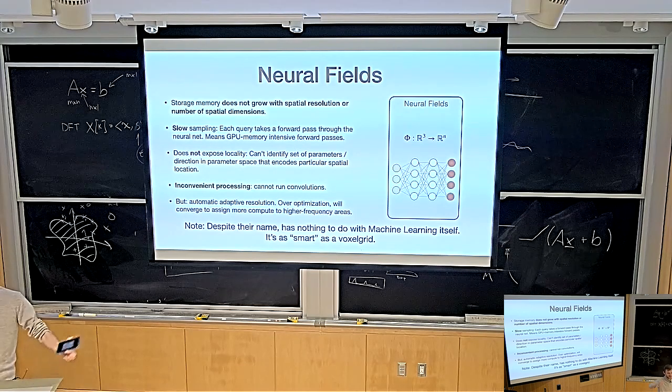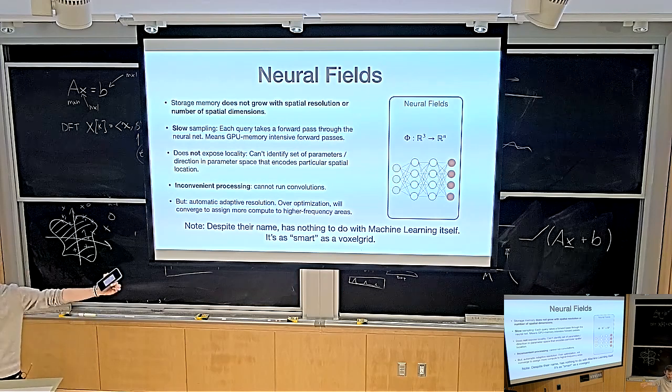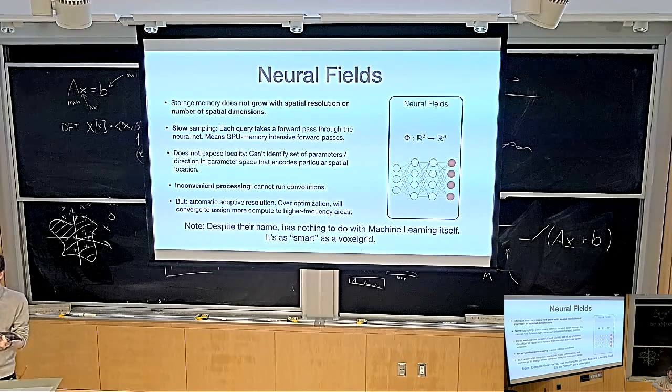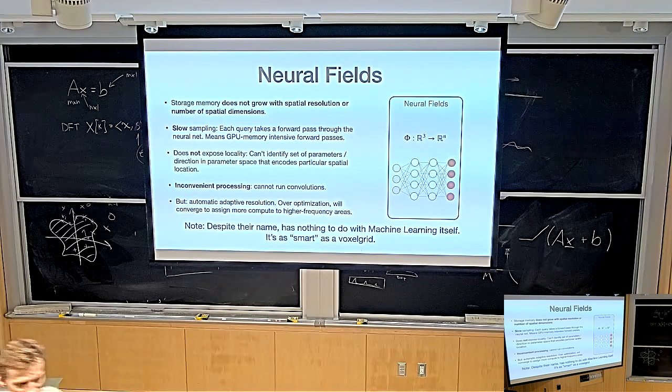And now imagine you want to sample a signed distance function on a regular grid, for instance. You want to get the signed distance function of this room. Well, you have to sample your neural network as many times as however densely you want to sample the function, which gets really expensive. Similarly, training your neural network to fit functions is also really expensive. If you want to write something into a voxel grid, you just copy it into the voxel grid. If you want to write something into a neural network, you have to do gradient descent until your neural network says the correct thing, which is much less exciting.